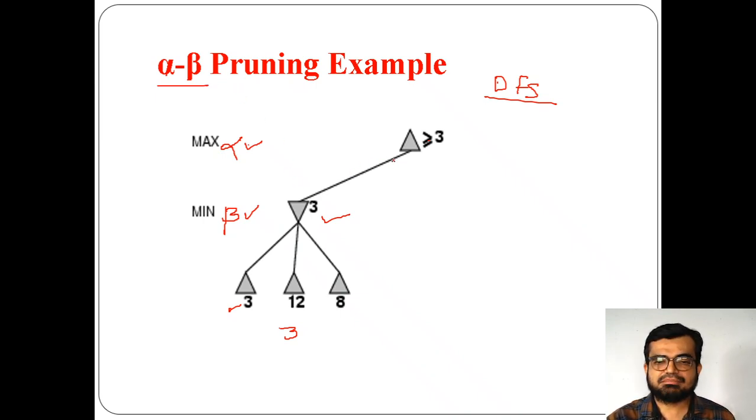Why? Because maximum means, for example, here some value 6 is there. If you compare 3 and 6, which is the maximum value? 6. As of now we have only a single value, so it will accept the value either 3 or greater than 3. That means 2 and 1 will not be accepted in this node.